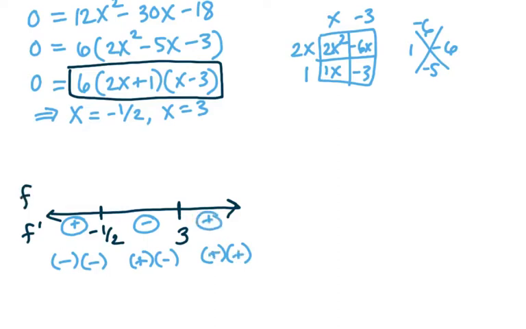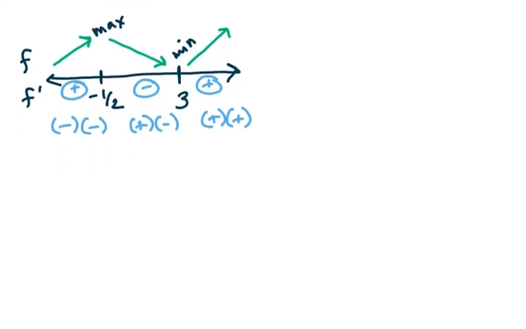Now we're going to think about what the original function is doing as a result of this, right? So we have a positive derivative, which means it's increasing. Negative derivative means decreasing. And then positive derivative means increasing again. And so because of that, we've got a max here at negative 1/2, and we have a minimum here at 3. So now we're going to state all this stuff the appropriate way, the way they would want you to on a free response question. So we're going to say f is